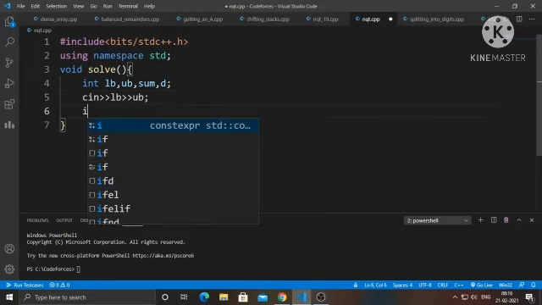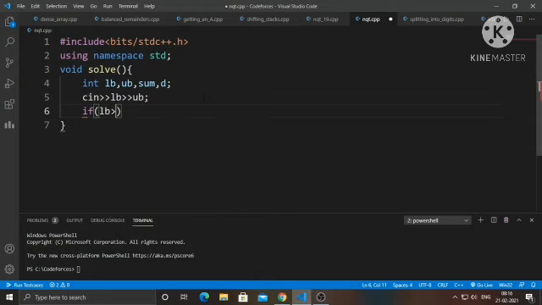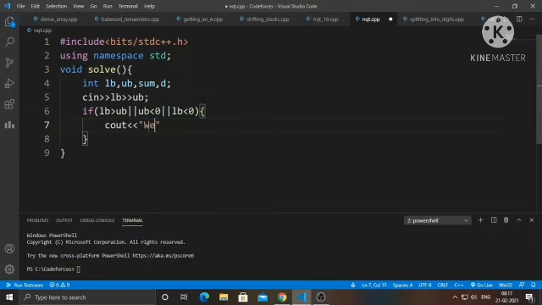If the lower bound is greater than the upper bound, or the user enters a negative number in either bound, then we have to simply print wrong input and then terminate the program. This is basically to check the invalid cases.